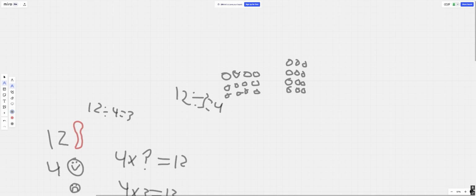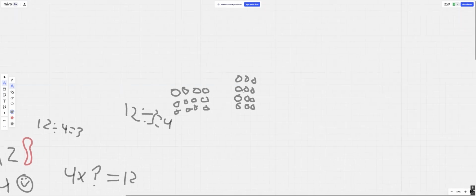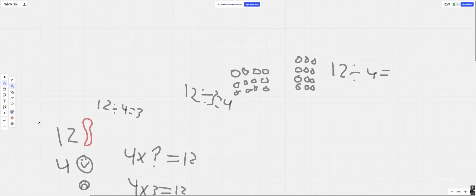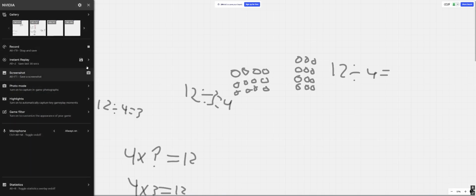You can count 1, 2, 3, 4. And now we count 1, 2, 3. Now we'll count 1, 2, 3. And that is 12 divided by 4. So that's how to do it if you are drawing it. Now let's get on to doing it in more